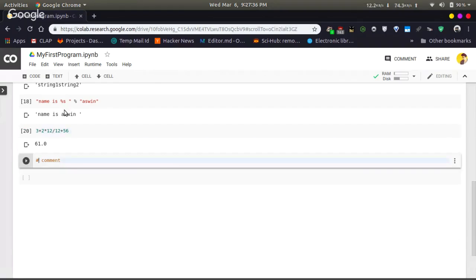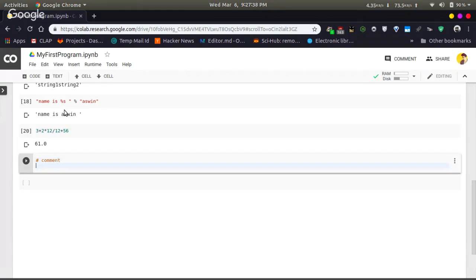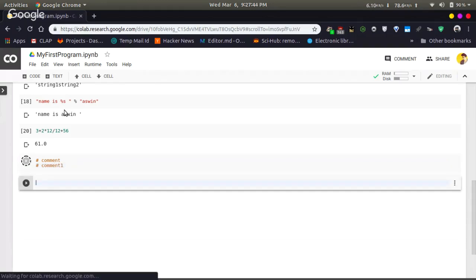It just ignores it. You can write multiple lines of comments by using this. You can also use a simple technique called as docstring. A docstring is a string that you write between 3 double quotes or 3 single quotes.